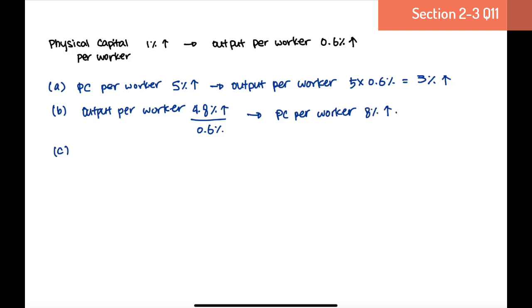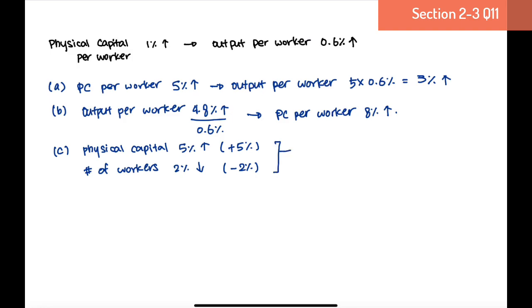In part C, we have physical capital increasing by 5% and the number of workers falling by 2%. In other words, the change in physical capital is 5%, while the change in the number of workers is negative 2%. Now, from this, we can figure out the change in the physical capital per worker using